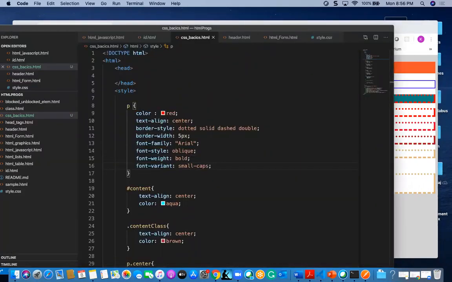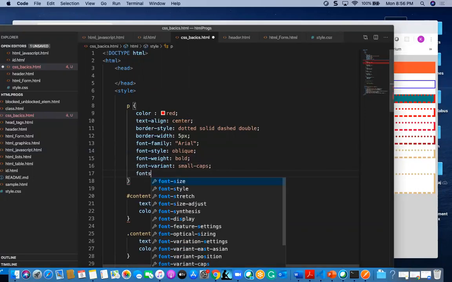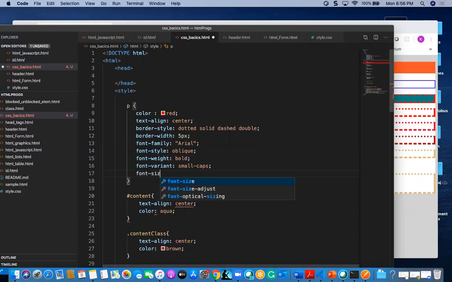We have one more thing known as font size. You can mention the size of the font with font-size.